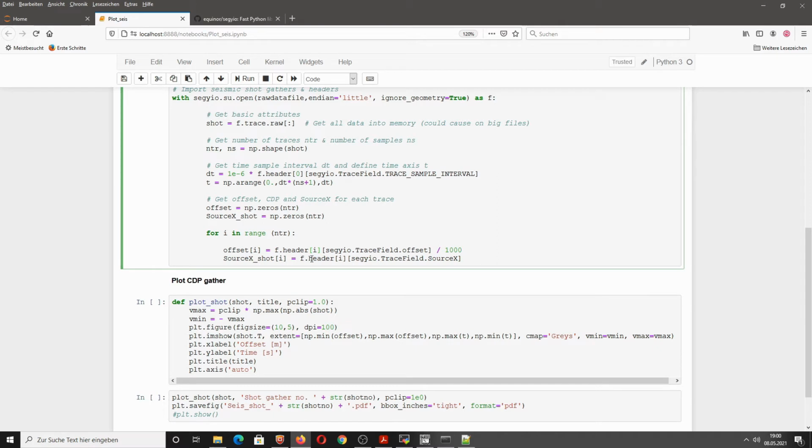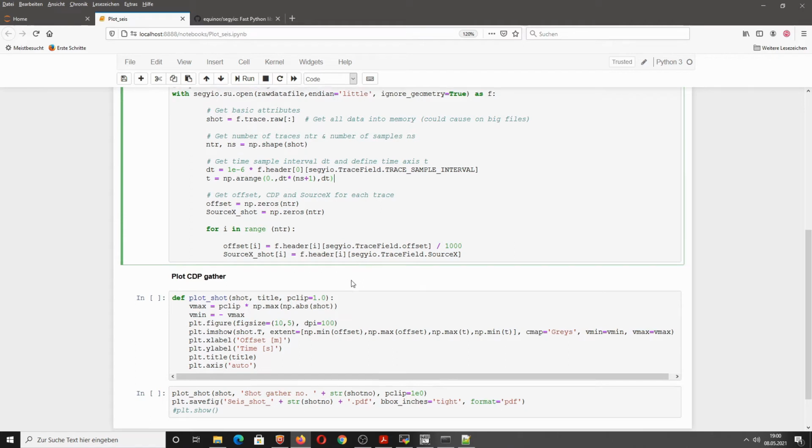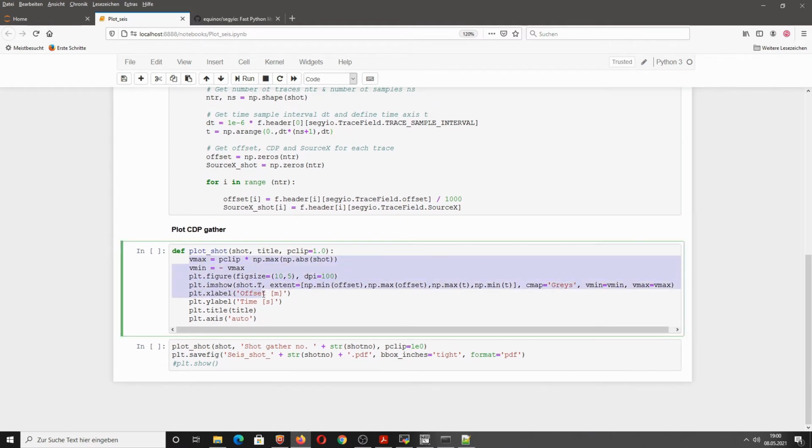And yeah, so these are the most important parameters to plot this. You need the offsets and the time to correctly plot the shot gathers. You have a short function to plot the shot gathers.